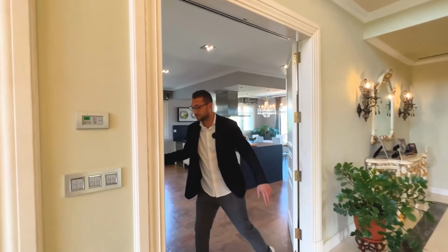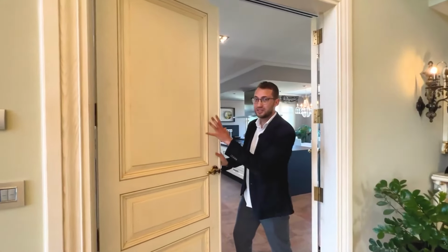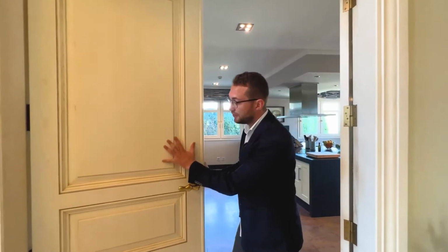The mirror, the doors. It's like a palace. I mean, look at the doors. They are big, also done unique for this property. Look at the finishes. I mean, someone came here and has done all the doors. And another interesting fact is that the doors are done